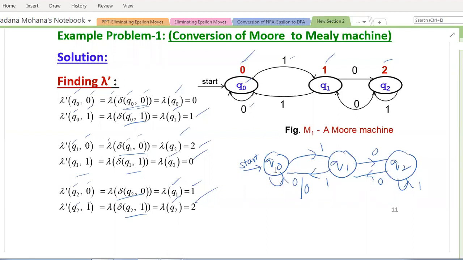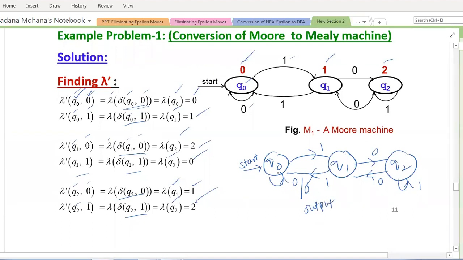See how to add outputs. Here you can see, first, for state Q0, on input 0, see here you can see the output function. For state Q0, on input 0, what is its output? 0. So that output is represented within the transition on the arc or edge separated by a slash. So 0 by 0. Now this is nothing but output.